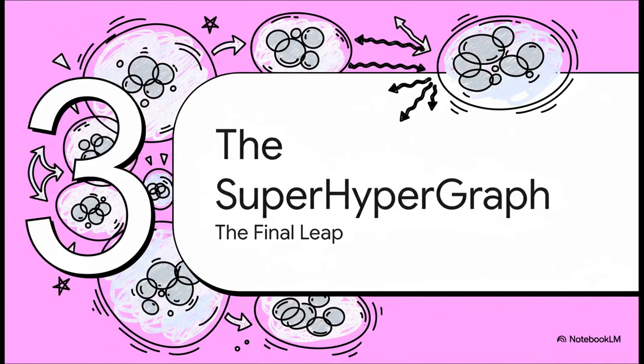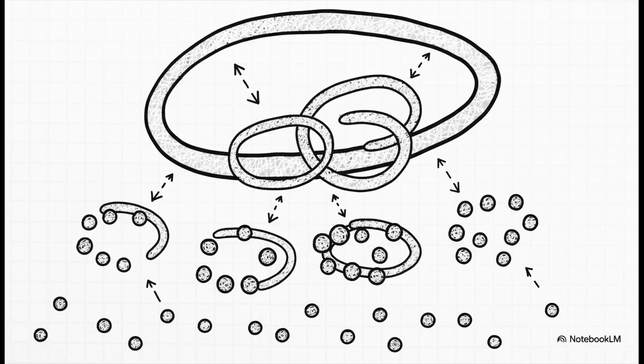All right, you ready? Because now we're taking the final leap. This is the final level of abstraction, and frankly, it's where things get really fascinating. We're about to model a world where we don't just connect individuals, but we connect entire groups of individuals. The big idea here is something the source material calls iterated powersets. Now, I know that sounds super complex, but just think of it like climbing a ladder.